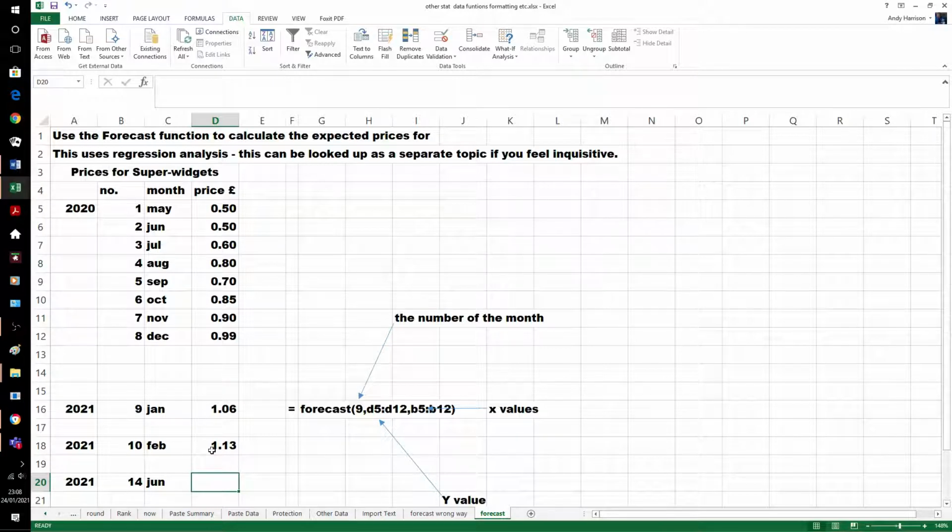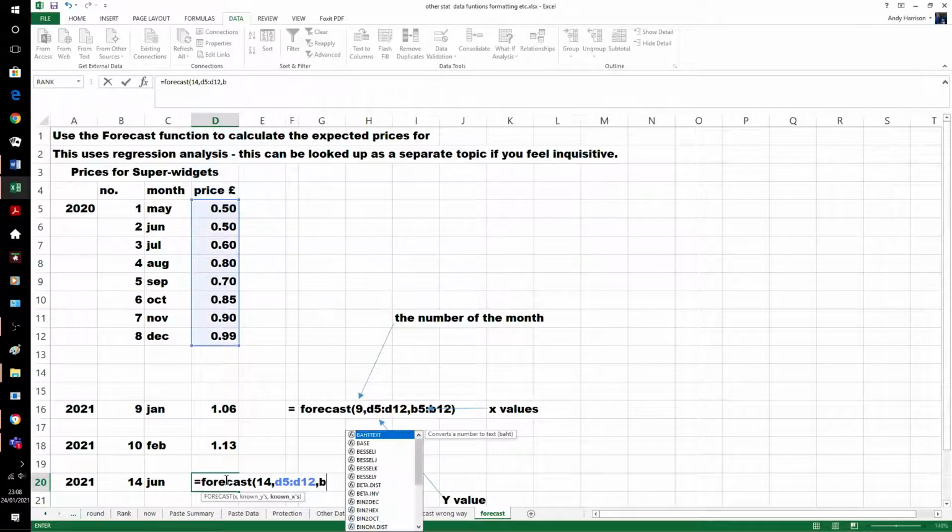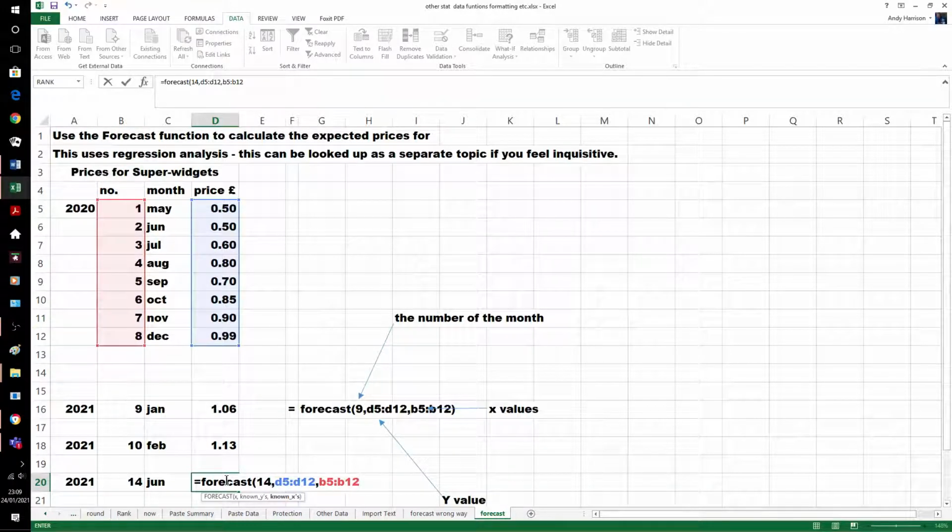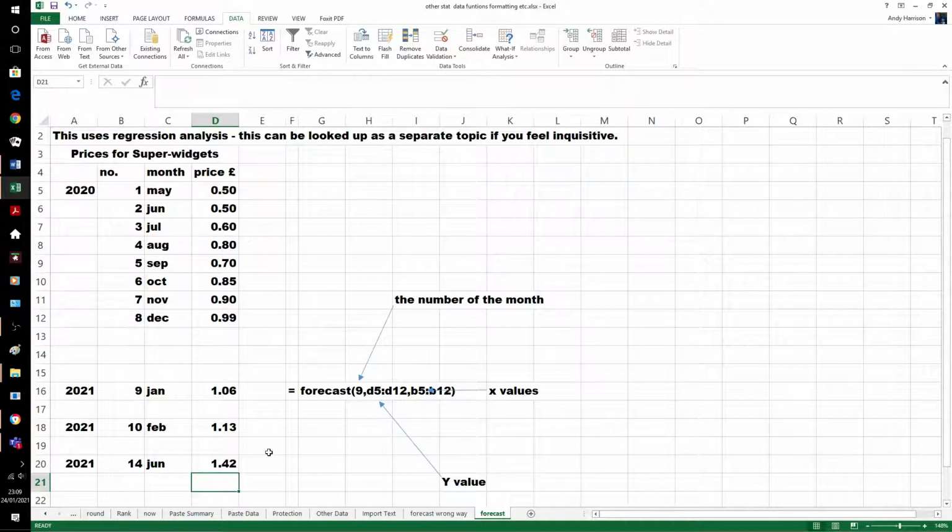If you put in absolute references here, we could copy the formula down, because 10 would become 11 and 12. We'd have to put absolute references there, there, and there. But we've got an odd one, so we just need 14. And there's our price for June,